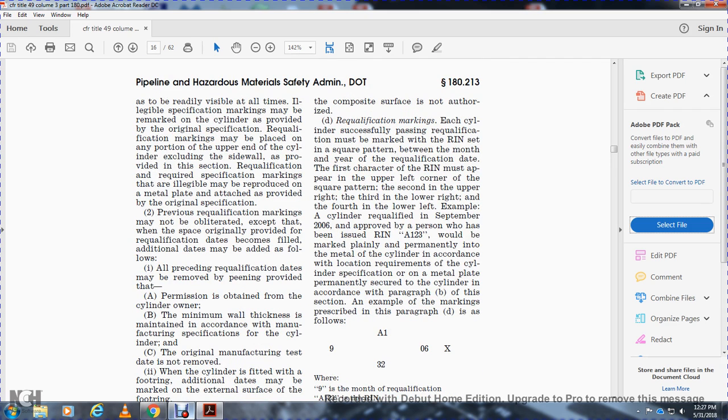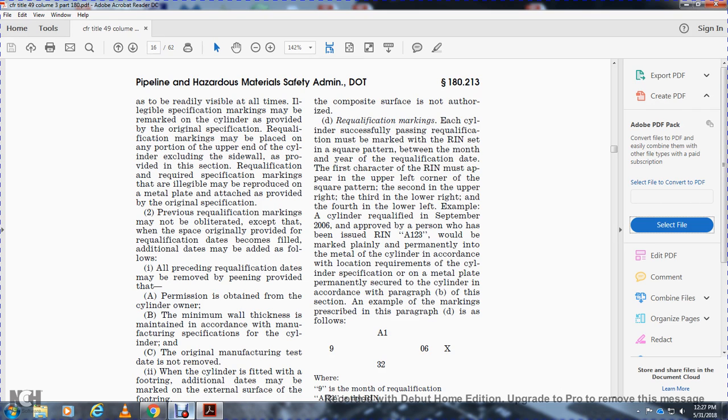Over the composite surface that is not authorized, requalification mark even the cylinder successfully passing a requalification must be marked for the RIN set with the square pattern of the return with the month of the year and the requalification date. The first character of the RIN must appear with the upper left corner with the square pattern with the second in the upper right, with the third lower right, with the fourth lower left. With the example of the four cylinder requalified September the 2006, the proof of the person who has been issued the RIN A123